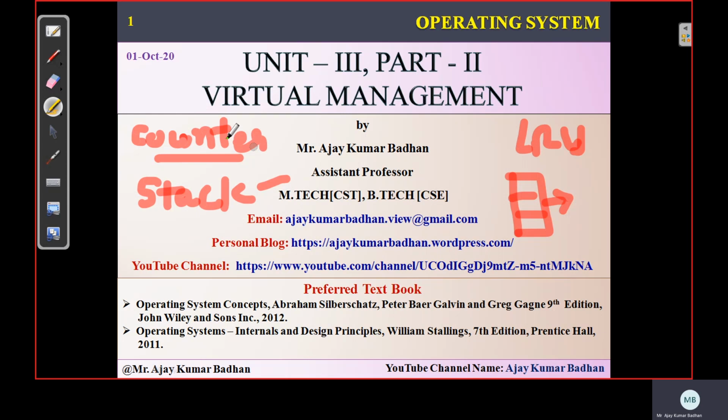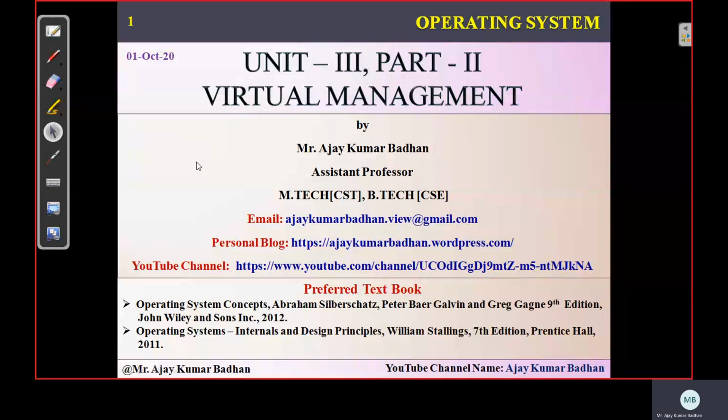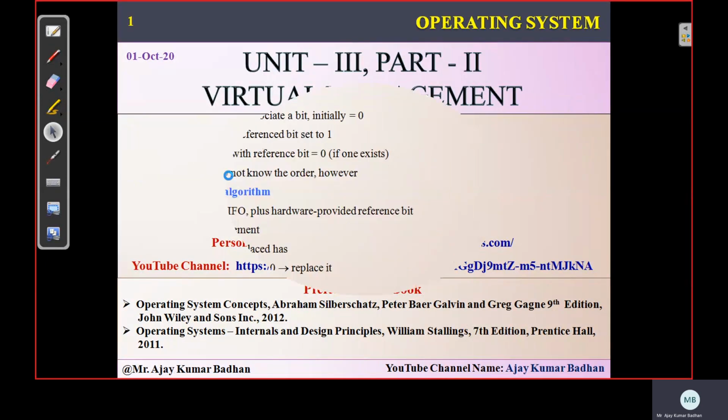In this session, we will try to complete the remaining algorithms. These three are not the only algorithms we have to perform page replacement. We also have other techniques that we are going to discuss here. Practically, we are not going to see any problems related to this. This is just for knowledge, so that we know how the other algorithms exactly work.